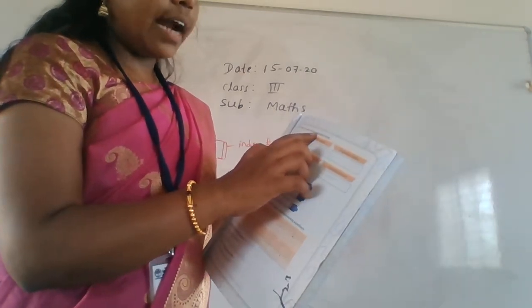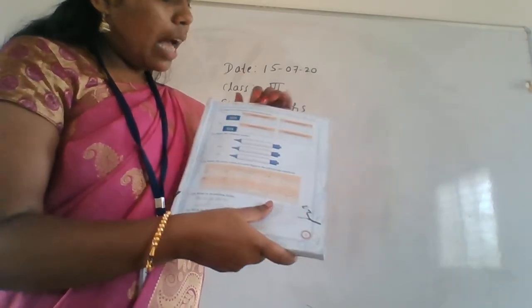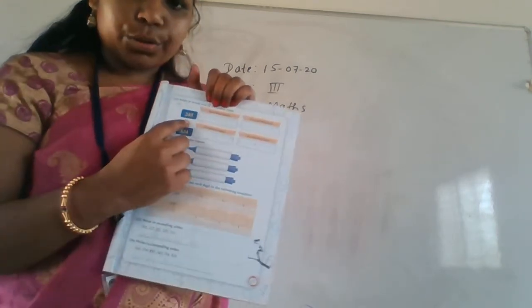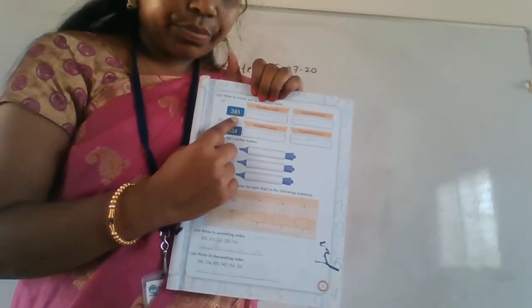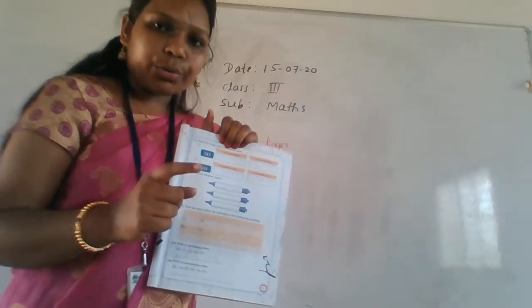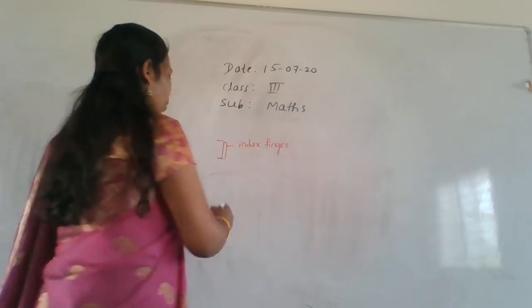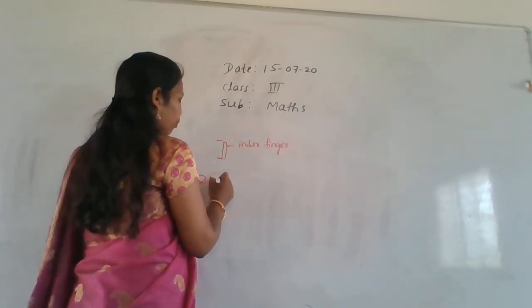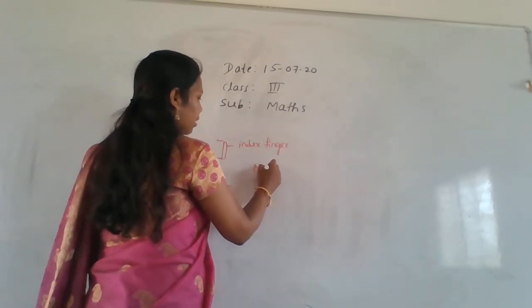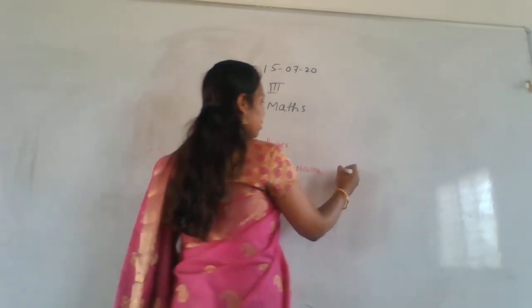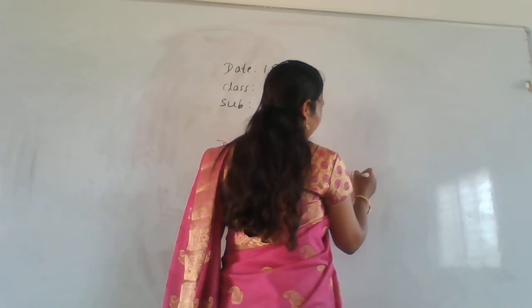Write in words and in expanded form. I told you in the last class itself. They have given a number here, 245. Okay, you know how to write the number name. I'll show one example. You have to do it at home. 245. How to write the number name? Number name. Next one is expanded form.